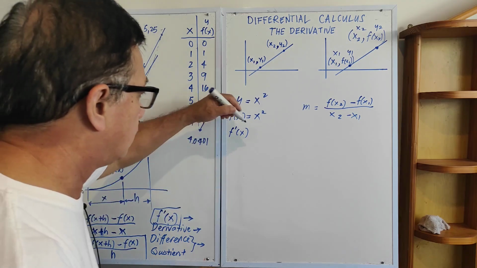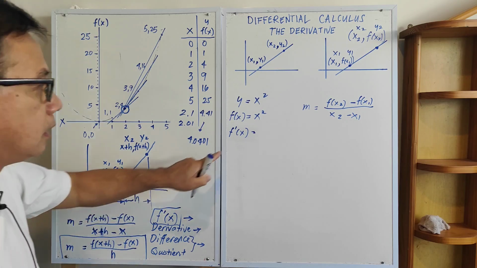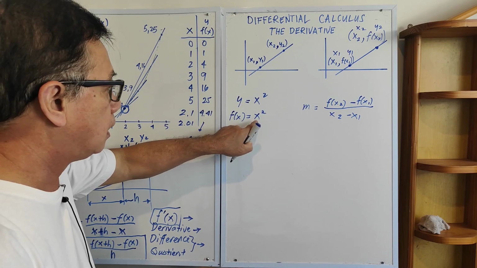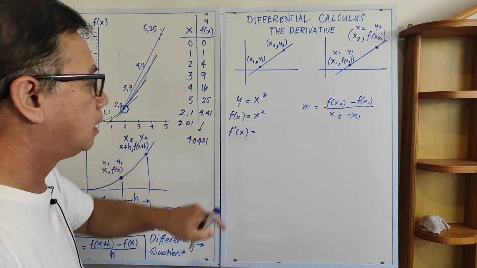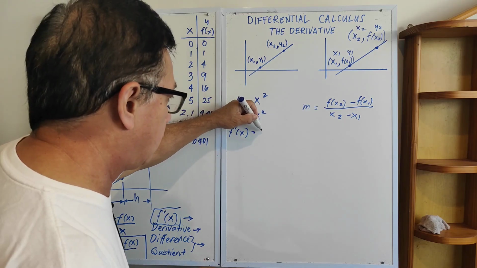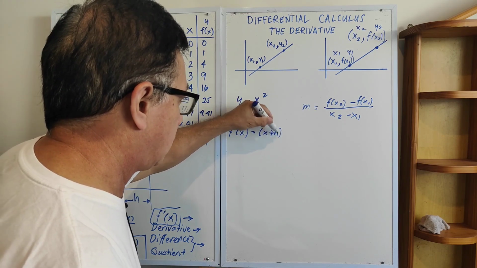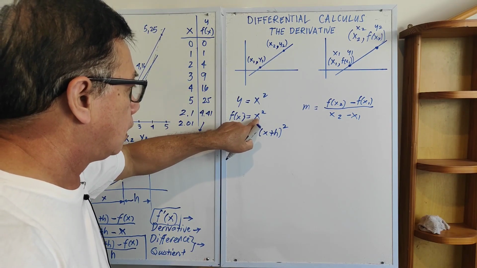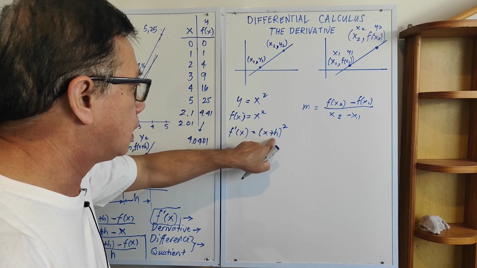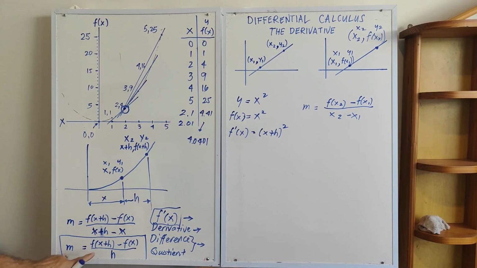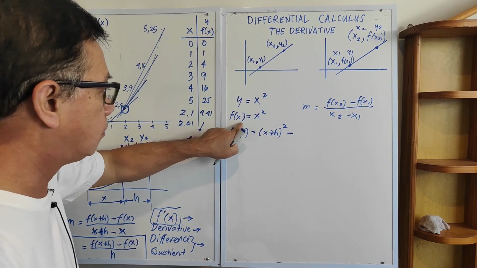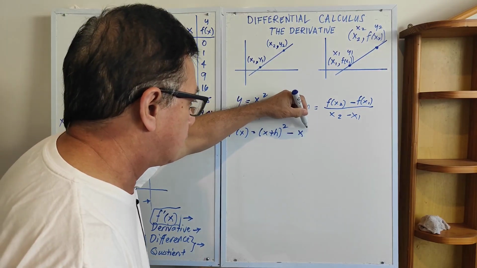So the function of x plus h, we will replace x plus h into x. So the function of x plus h will be x plus h squared. So what we did is, whatever is the x in there, we change it into x plus h. There is a squared, so we put the squared. So that will be the function of x plus h minus the function of x. The function of x is x squared. So we'll put this here, x squared